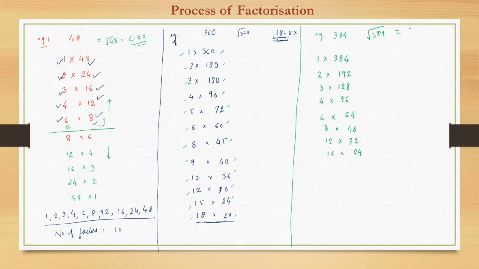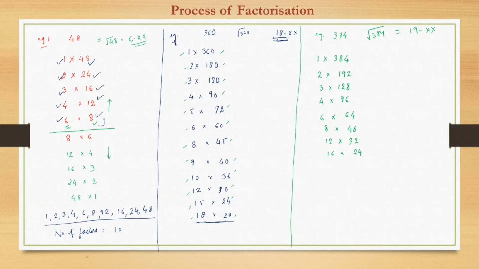It's less than 20, more than 19, about 19.86, because 19 squared is how much? 361, right? So up to 19, less than or equal to 19, we could have checked. After this, 17 and 18 will not divide it, because 18 does not divide it, and 19 also does not.